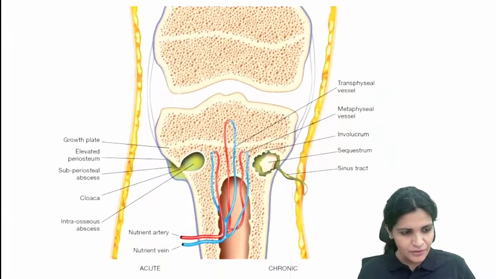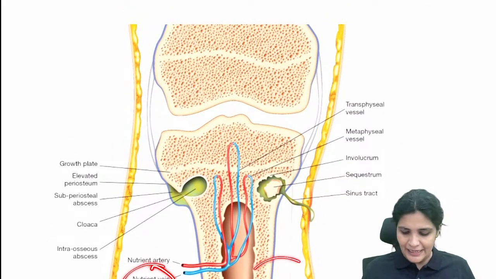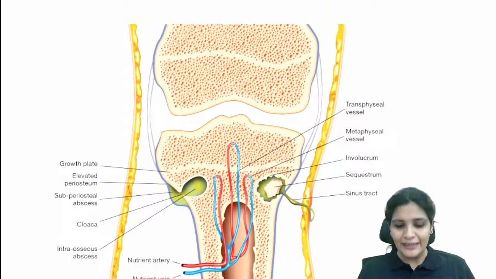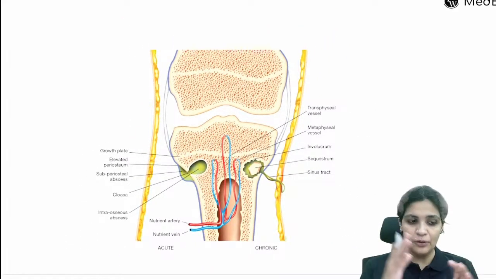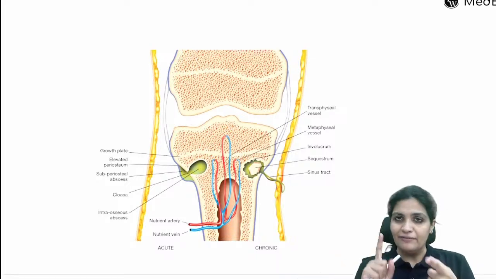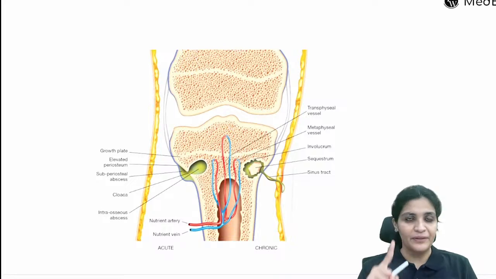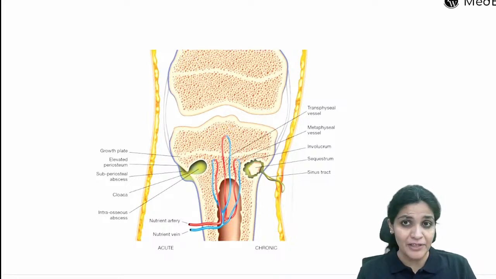So this is the beautiful diagram which you have to remember. So this side is acute and this side is chronic. So these two are interconnected. I will tell you acute and chronic together, but in the exam you have to differentiate and write. So whenever you're writing in the exam, for the acute, first you write the definition, write the causative organisms, and then you will write the route of entry of the organism, and then you're going